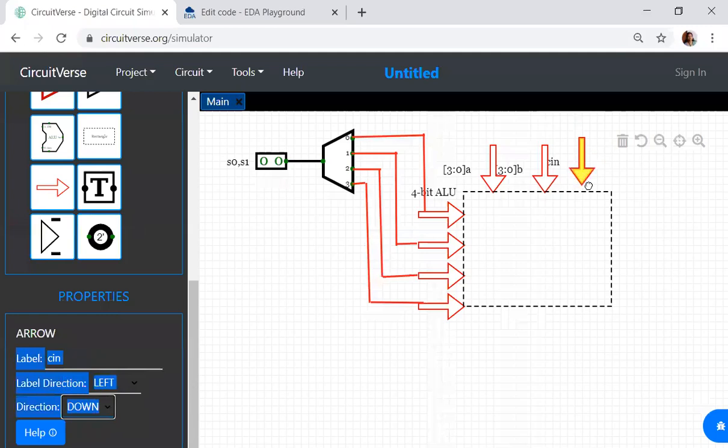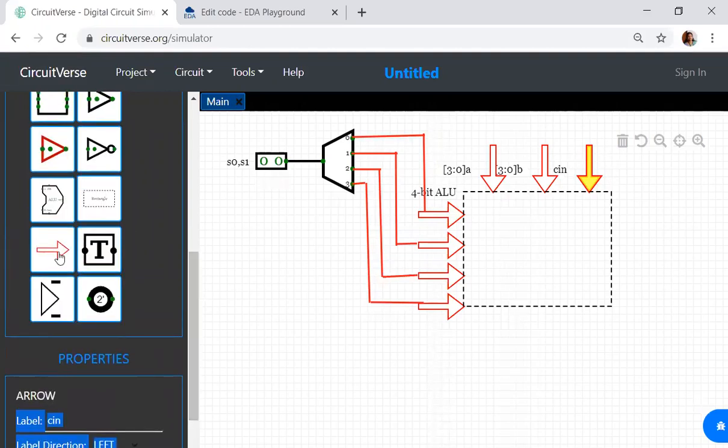Now clearly we can see if S0 S1 is 0, 0, Y0 will be selected. That means the ALU will perform the addition operation for A and B. You have to consider Cin wherever it is required. Now what about the outputs? How many outputs? One output which is 4 bits in size.